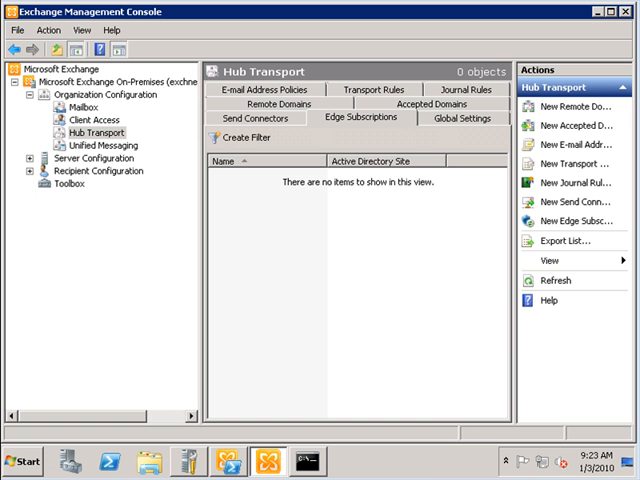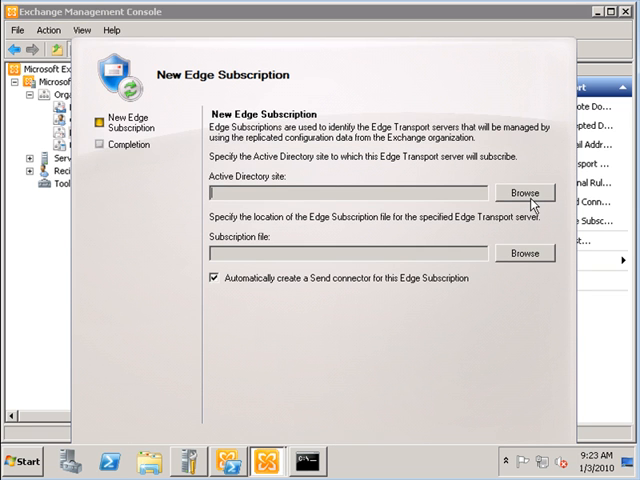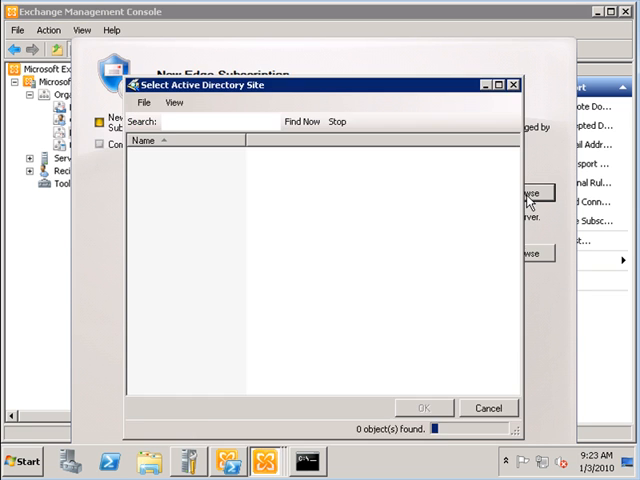And one final step to retrieve Active Directory information is to create an Edge subscription on one of your Hub Transport servers. So I've logged on to a Hub Transport server. Now I'm going to select New Edge Subscription, and then I'm going to select the Active Directory site for the local default site,